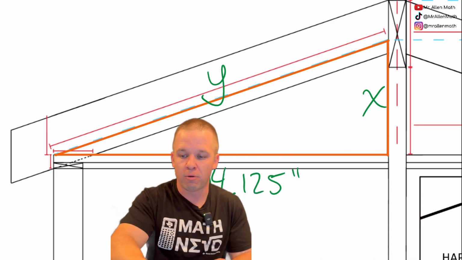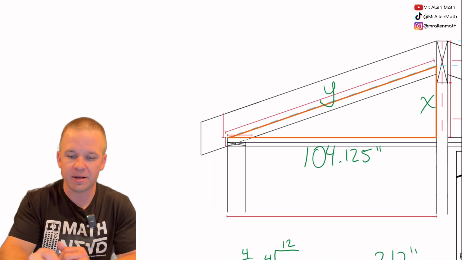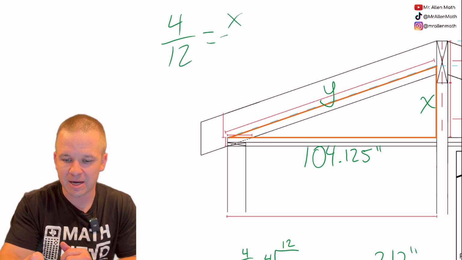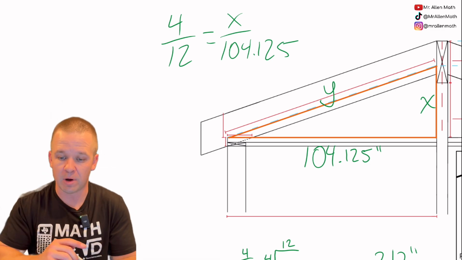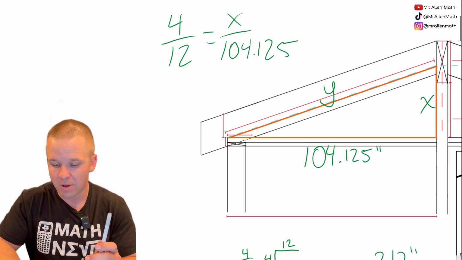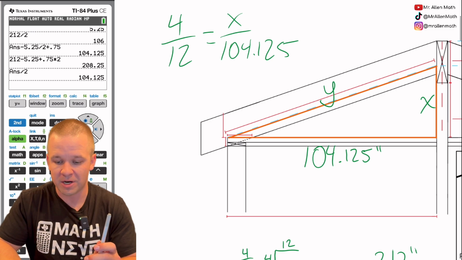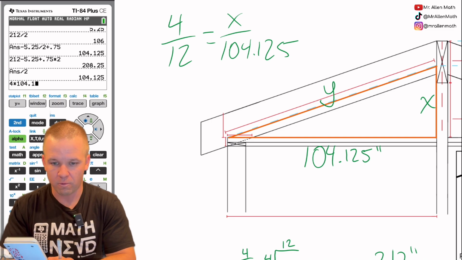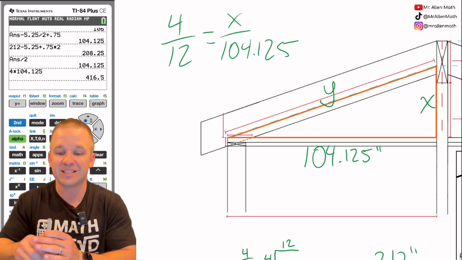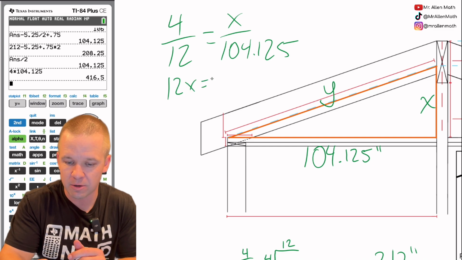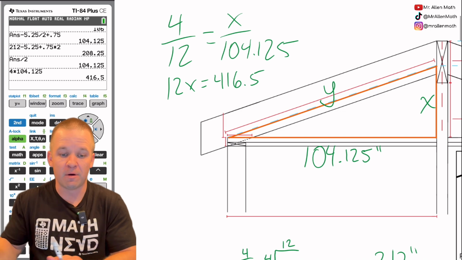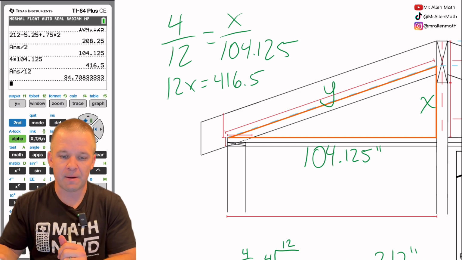So let's set up a proportion off to the side here. I've got 4 over 12 equals x over 104.125. Rise over run equals rise over run. Let's cross multiply, solve, plug this into the calculator over here. Let me make sure that nothing's covering it. Beautiful. Okay, so 4 times 104.125 gives me 416.5. So 12x equals 416.5. Then divide by 12 on both sides. Sounds logical to me, man. Divide by 12, we get